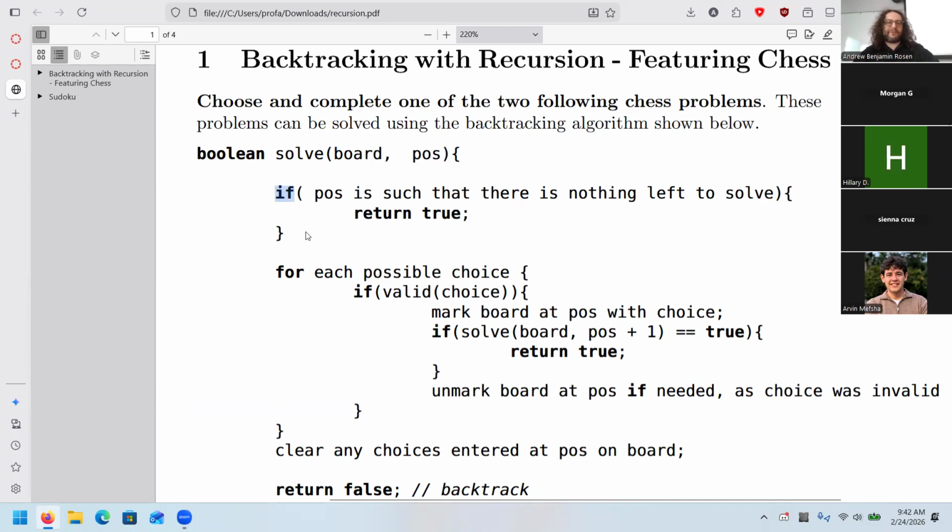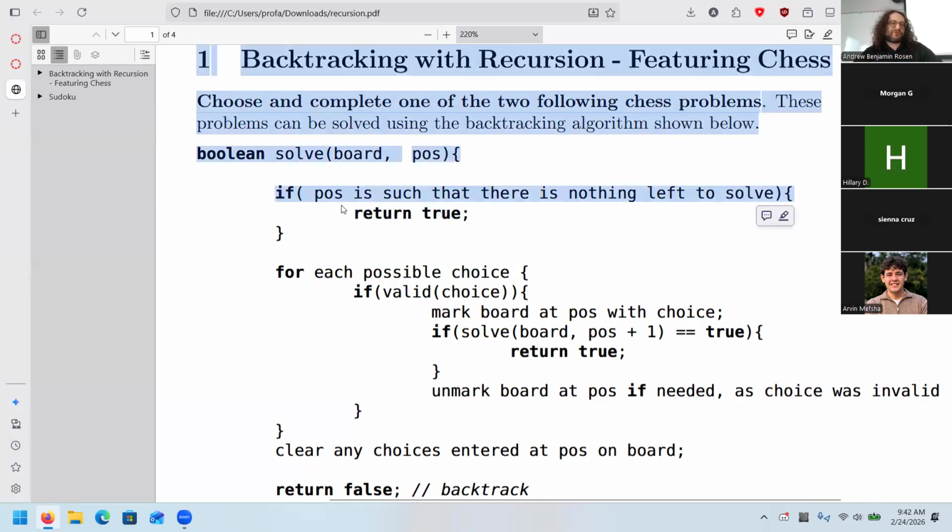So the first thing we have is called a base case. A base case is basically, if you remember my proof by induction that I did, the simplest problem. If you have an infinite series, it is setting up the two sides of the equation: here's what it's like when n equals 1, the most simple thing. So here, if the position is such that there's nothing left to solve in the puzzle, return true. In other words, we are out of pieces, or we went out of bounds because we just finished solving all the rows and columns.